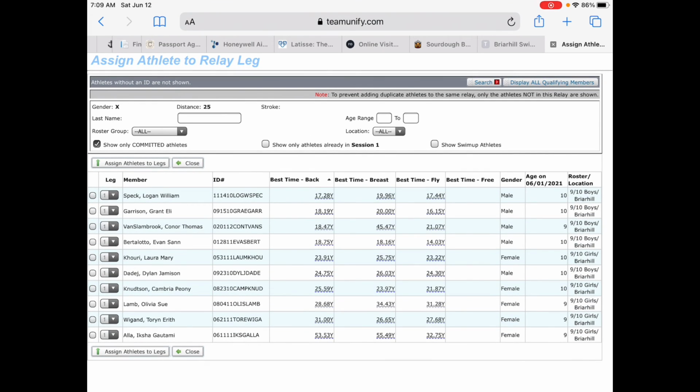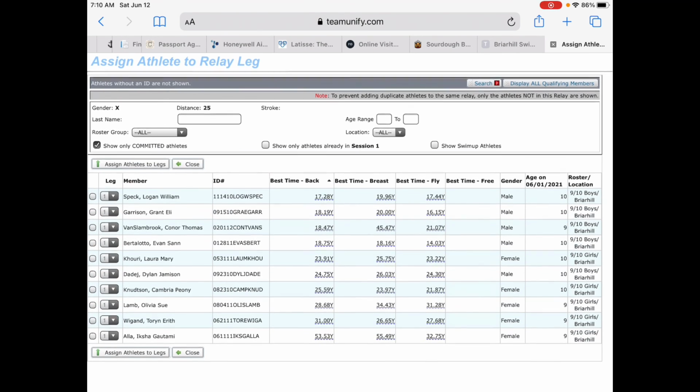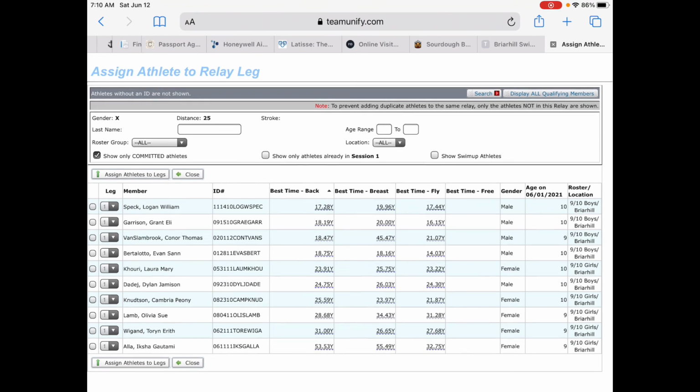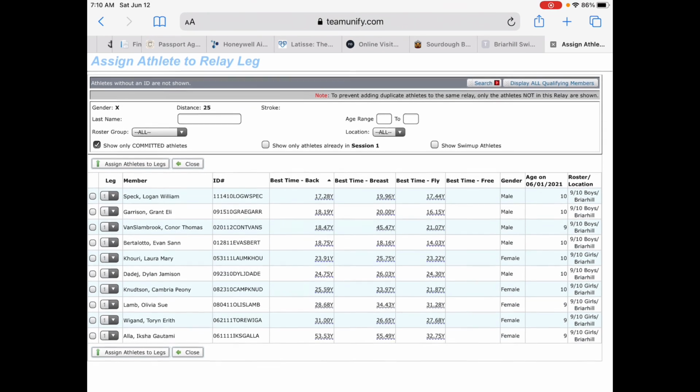This is gender X, so this is the boys relay. They will show you the girls. You can't put them in, as much as Emily would love to swim with the fast boys, you have to put just boys in. Only if we have only 3 boys committed to a meet can we then have a girl swim. But we already have 4, so you have to pick 4 boys and put it in the order. It does have their times from the practice meet, so that will help in your seeding. Okay, hope this helps.